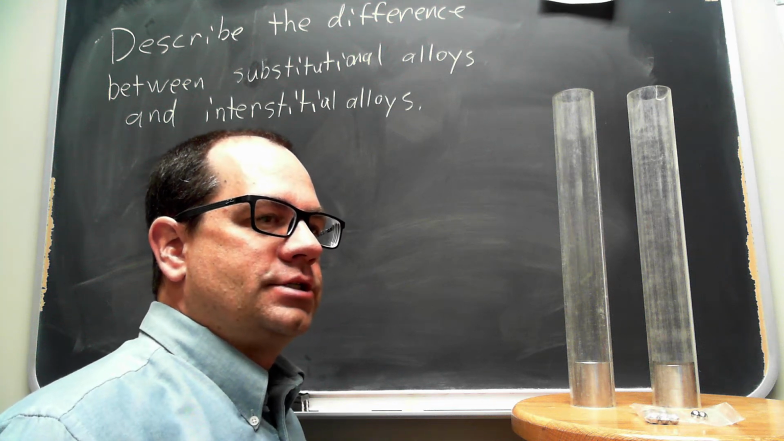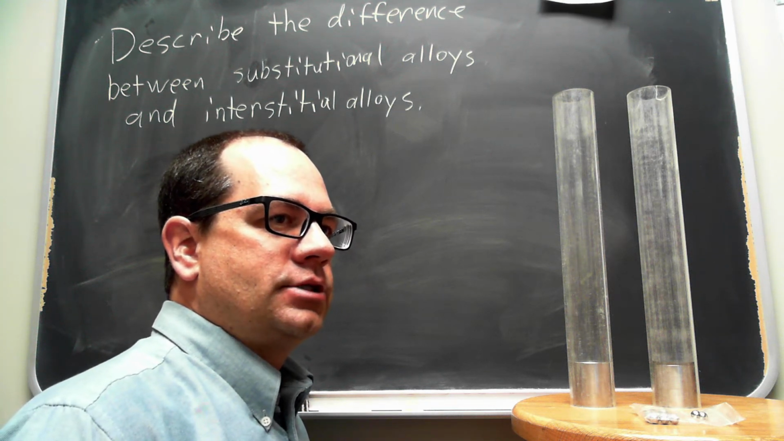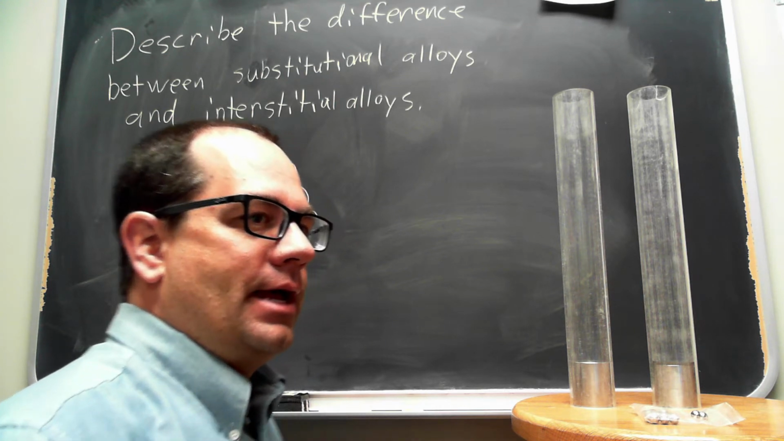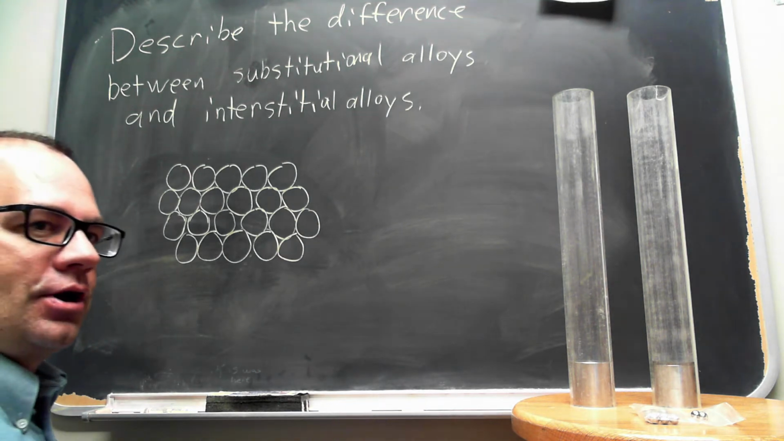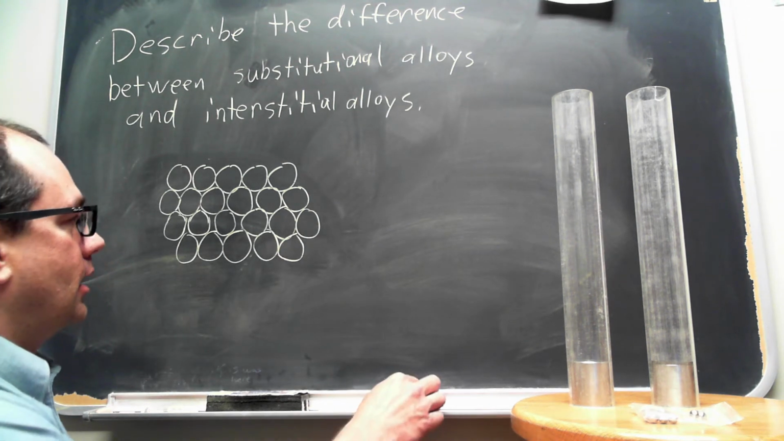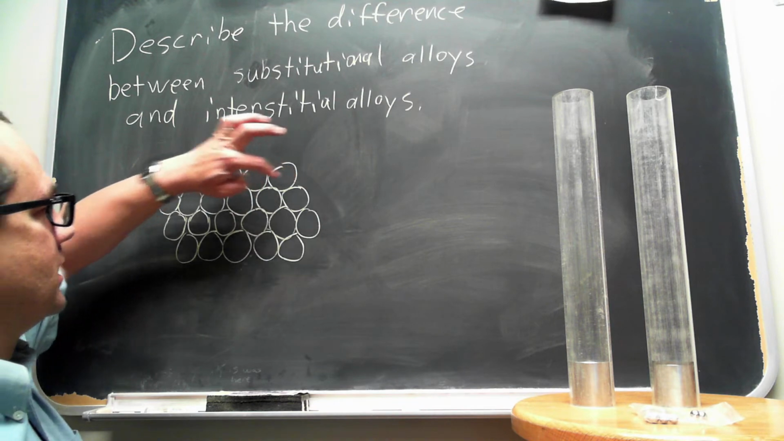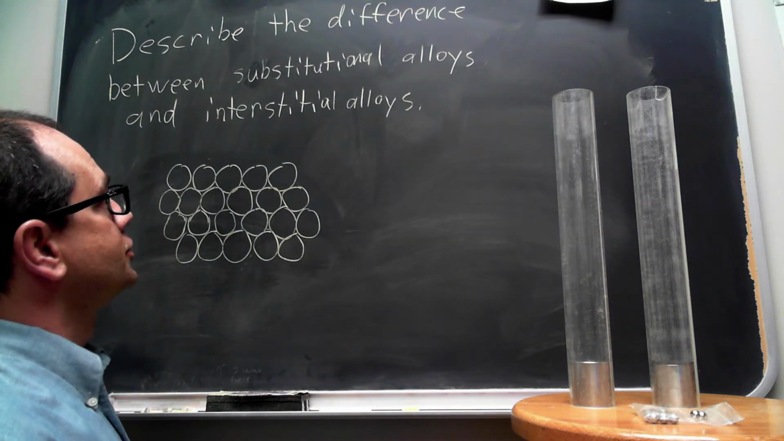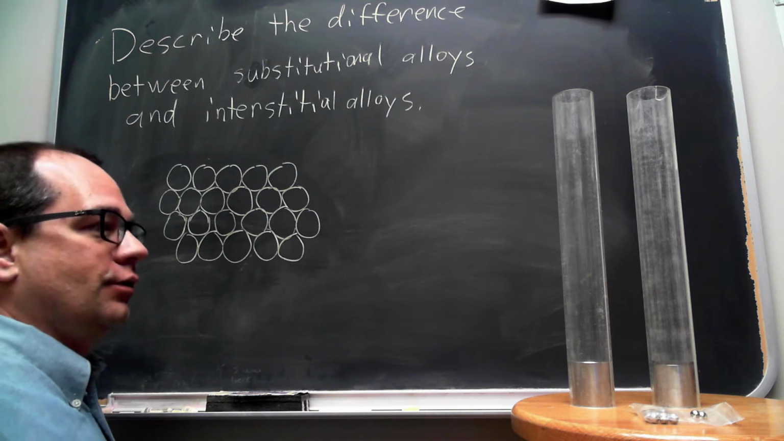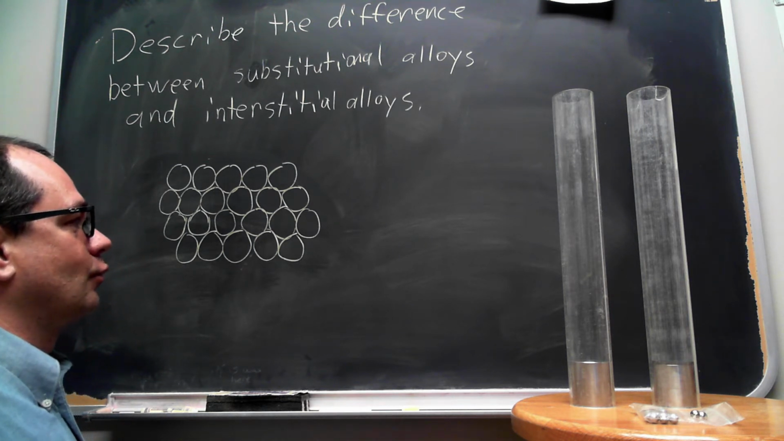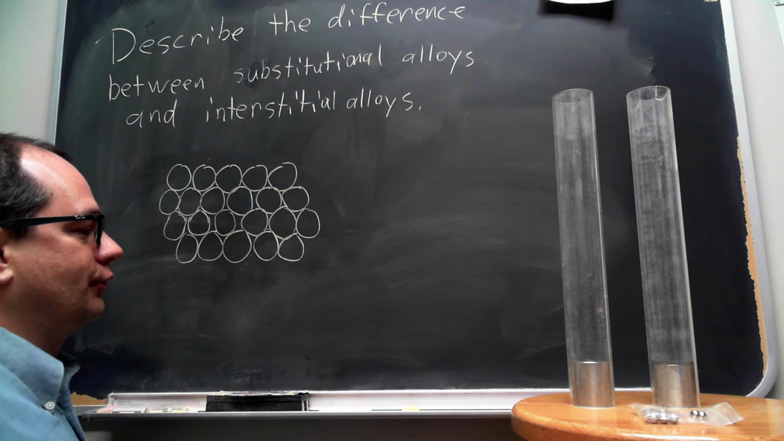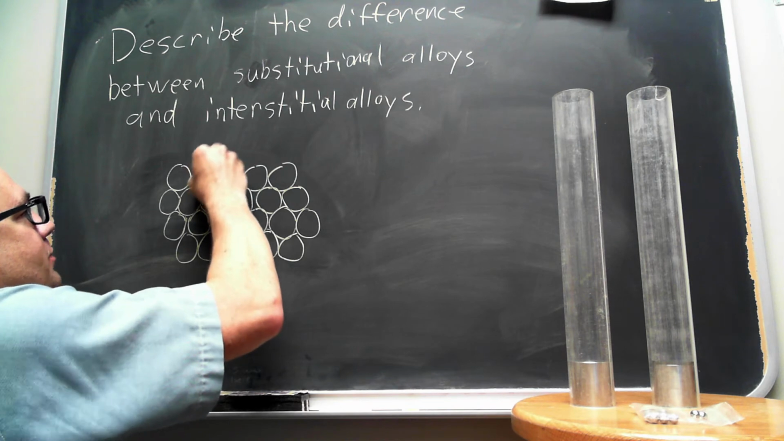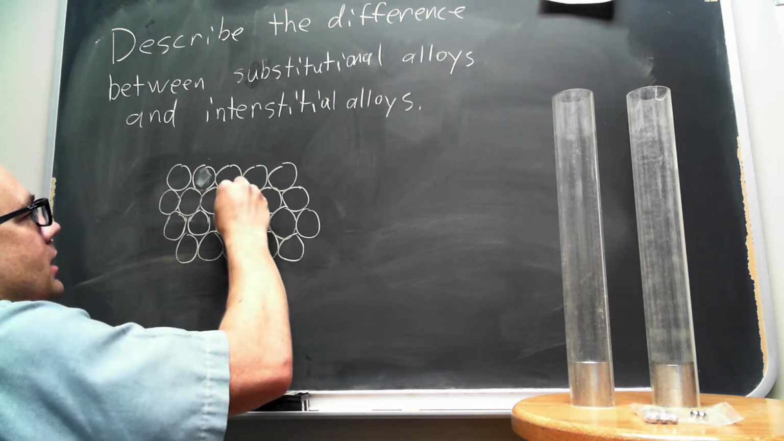Okay, this question says describe the difference between substitutional alloys and interstitial alloys. And to help illustrate that, we have a metal structure drawing shown here where these little circles represent atoms within a metal structure. Now, for substitutional alloys, what we have are essentially a whole bunch of substitutional defects where one atom substitutes for another. And so there's no rhyme or reason necessarily which particular atoms are substituted, but this could,